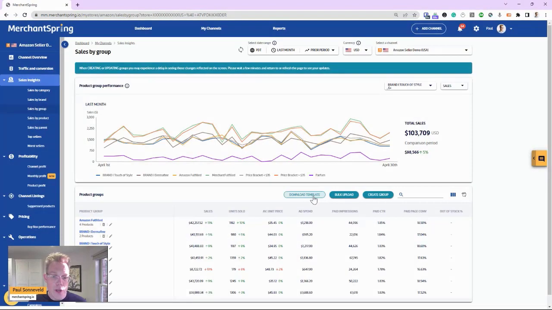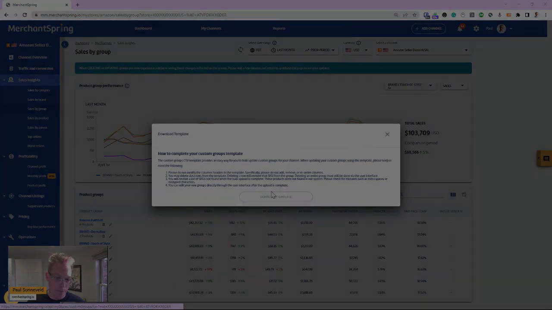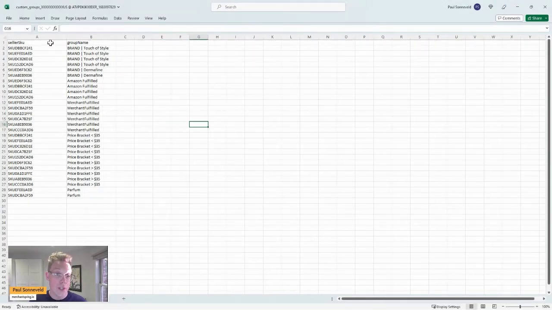In this module here, you can upload all of your grouping information in one single CSV file. Now, the first thing that you need to do is actually download the template. And when you do that, which I'll do right now, we will actually return to you all of the existing groups configuration as well. A very simple spreadsheet or CSV. Column 1 is the seller SKU. And again, please ensure these headers are not changed. They need to be identical to what they are now for the upload to work.